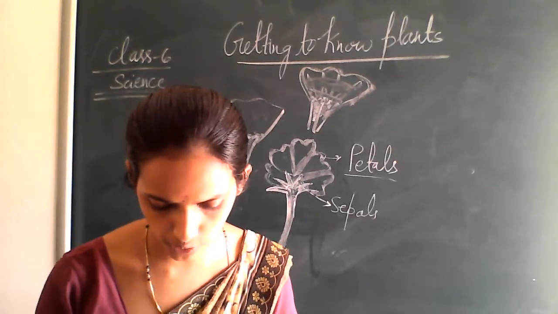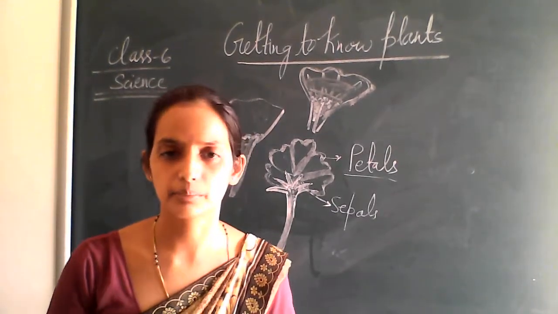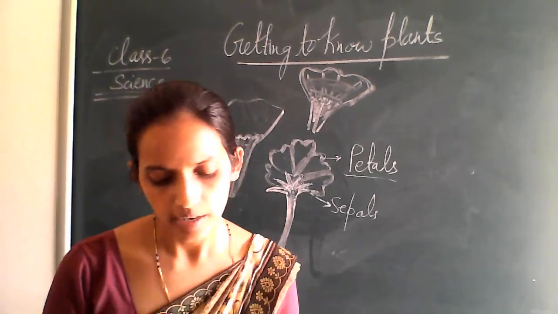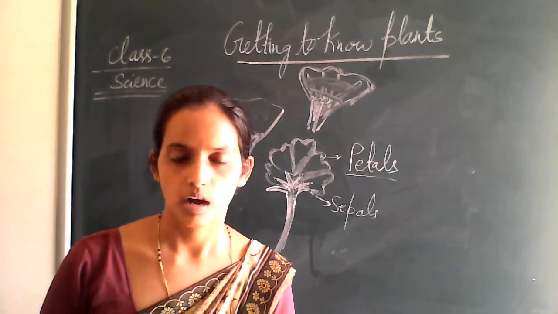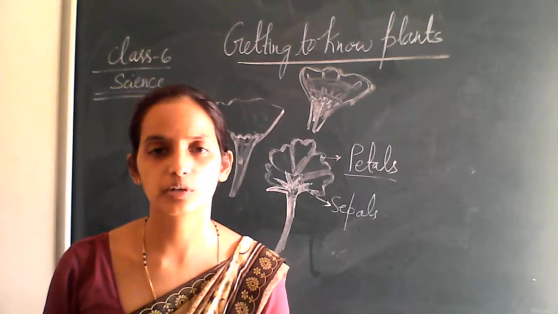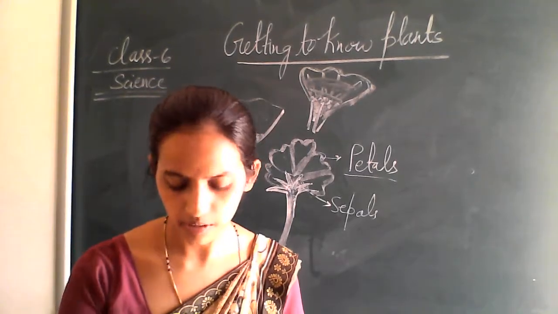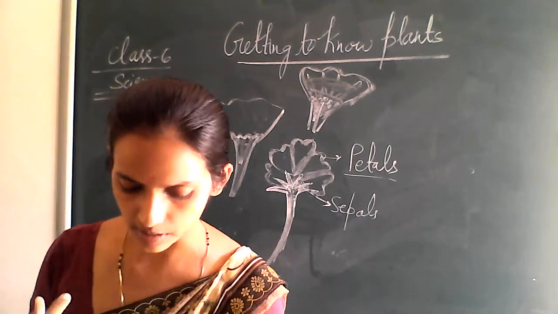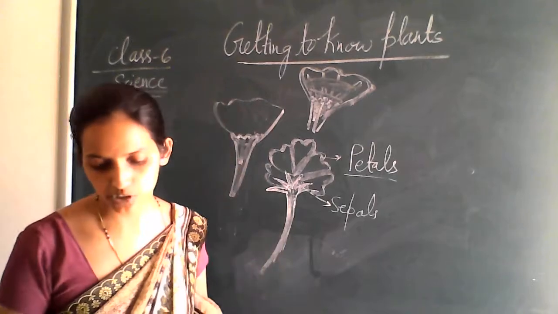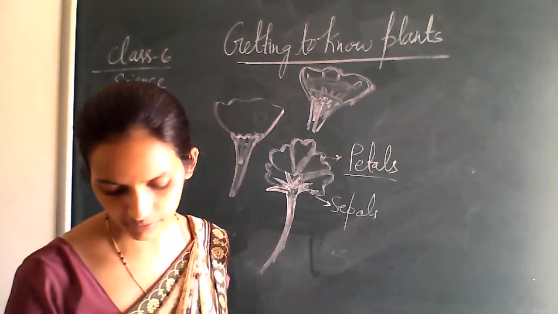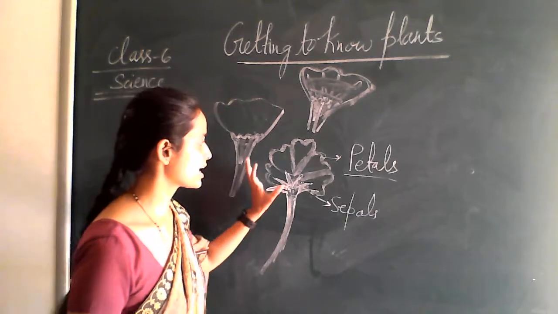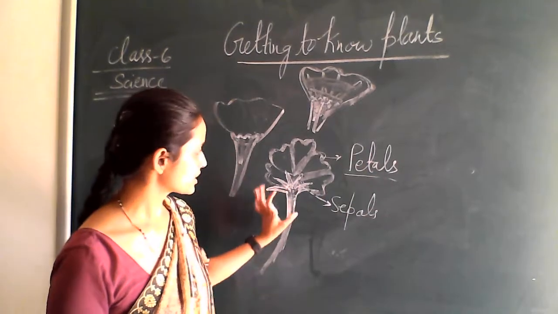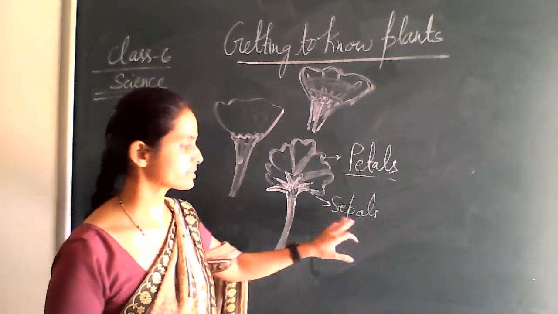So this is all about today's class, where we are studying the different parts of the plant. Today we are just going to understand the petal and sepal parts. In the next class we are going to study other parts of the flower, that is the stamen and pistil. What are stamen and pistil? Anther, filaments, those terms they have given in the parts of the flower, right? Today we are just going to understand the colorful, attractive part of the flower, that is called petals, and the greenish or leafy structure of the flower we call a sepal.